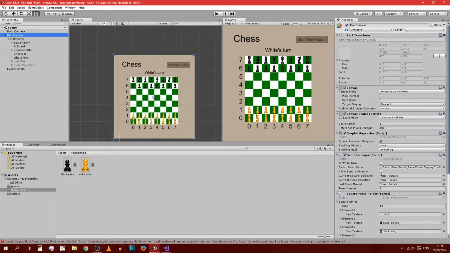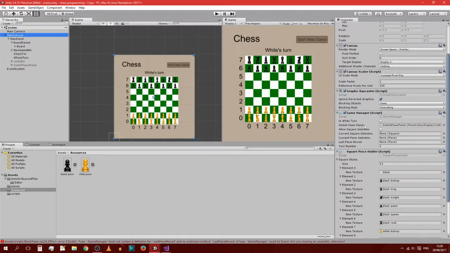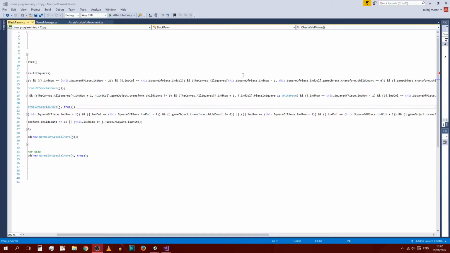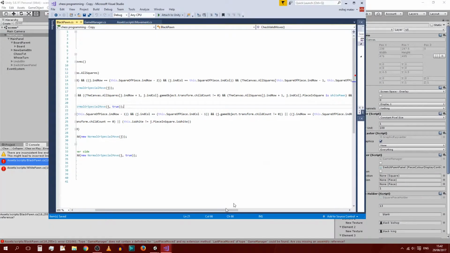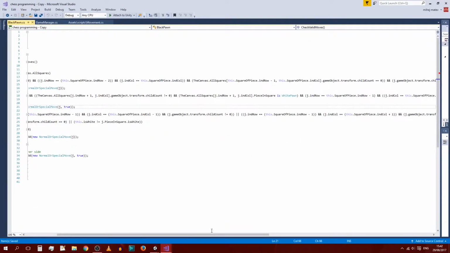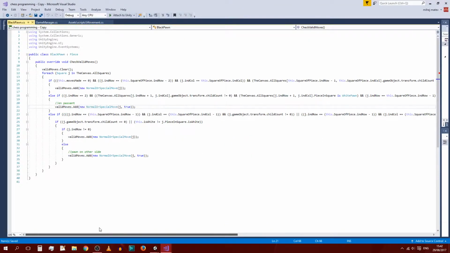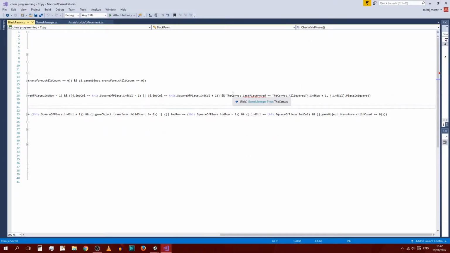So in main canvas we need to, where was it? It should be here. I can't find it now. This is annoying. Okay, I'll be right back. Okay, so it's not allowing us to see it in here because we have an error. Inside of our black pawn and white pawn we are still using last piece moved. So instead of that, what we do is, it's quite a long winded path, but